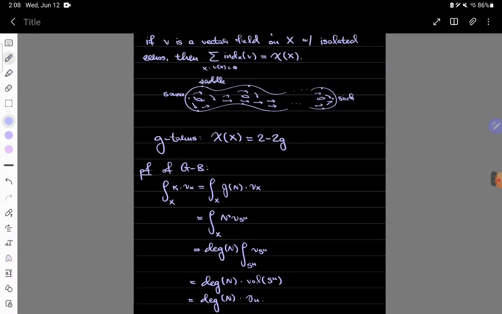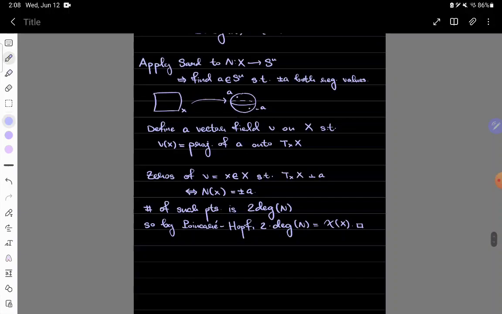It's a proof that I find lovely, to be honest. All these elements coming together in such a beautiful way, constructing this vector field, using Sard's theorem to find antipodal regular values, and then concluding that twice the degree of the Gauss map, which is the fundamental function that we're interested in here, is actually the Euler characteristic. So this shows that this global property, the Euler characteristic, which is invariant under diffeomorphism, is actually related to, up to some kind of scaling factor, the integral of curvature, which depends on the local geometry of the manifold. So this is not a priori clear.